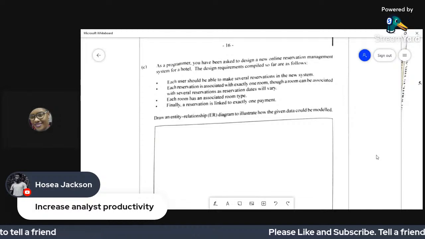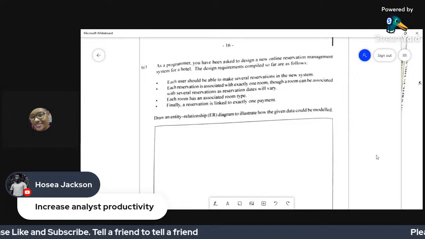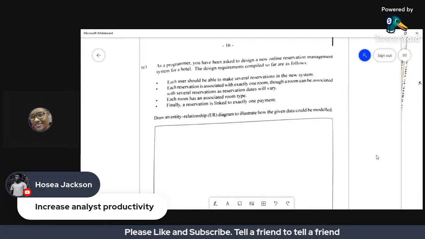Each room has an associated room type. Finally, a reservation is linked to exactly one payment. Draw an entity relationship diagram to illustrate how the given data could be modeled.